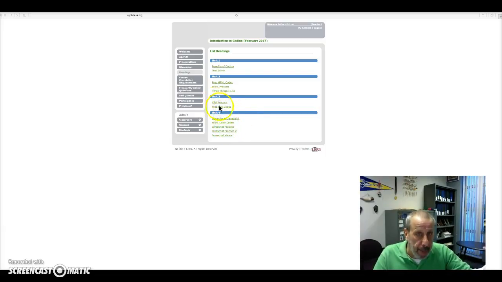Let me give you an example. Here is the first text editor that we're going to be using.